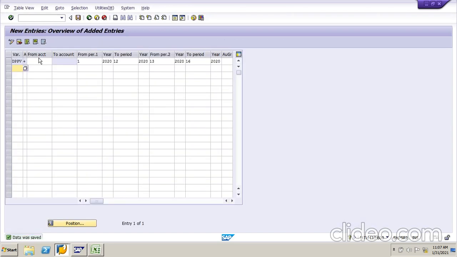So here plus indicates we are going to allow all the transaction from first period to 12 period. See here, now I open the period from 1 to 12. It means now we can record transactions between first month to 12 months. So we can record the transaction in whole year. So from April to March we can record the transaction.